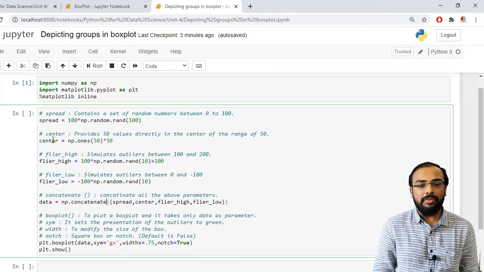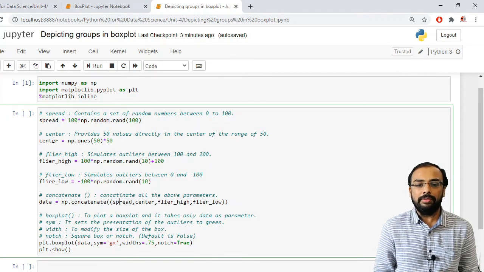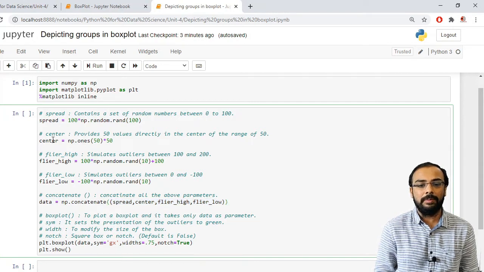Inside this the first parameter should be your spread, second is your center, third is your flier high, and fourth is your flier low. But if you observe carefully, I have specified a tuple. That means I am specifying my different parameters inside a tuple. Why? Because this concatenate method accepts only a single parameter.